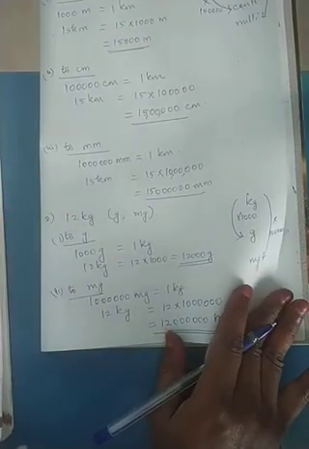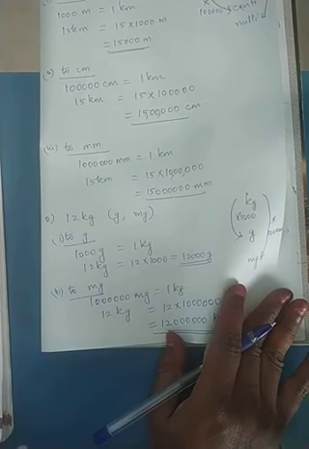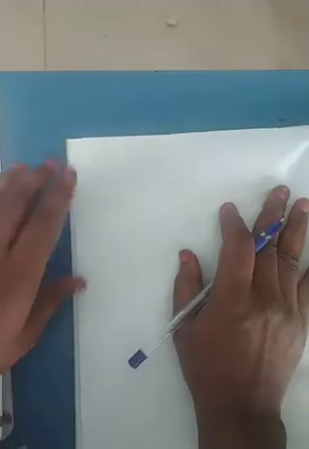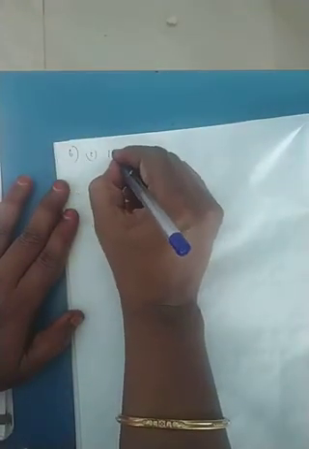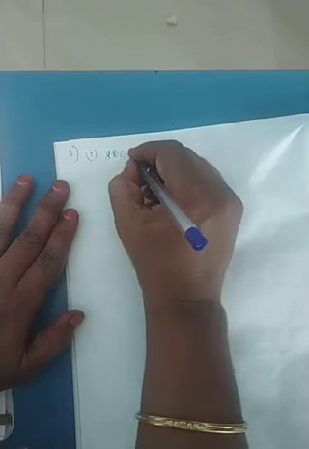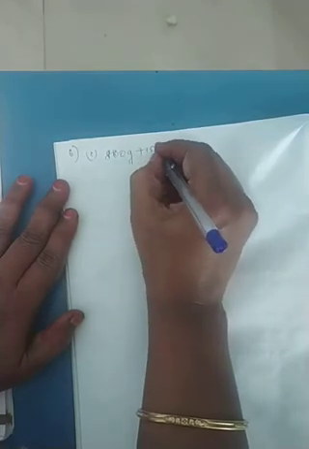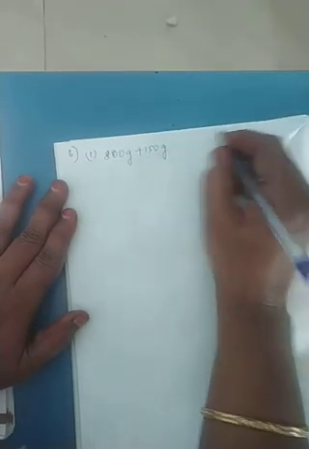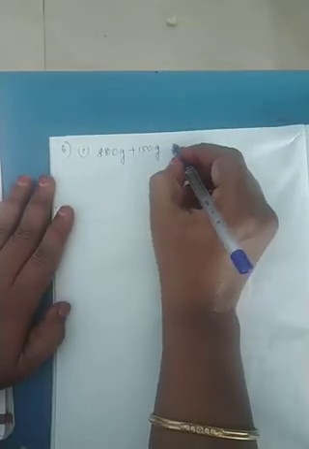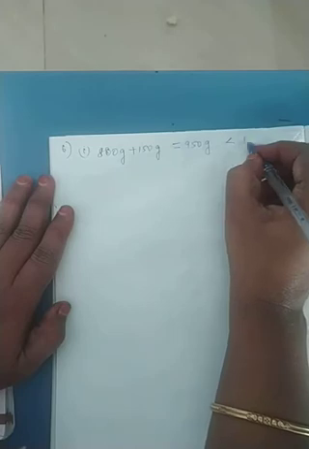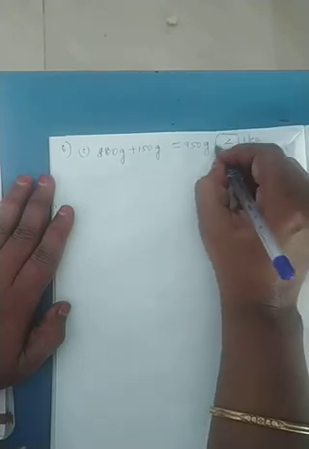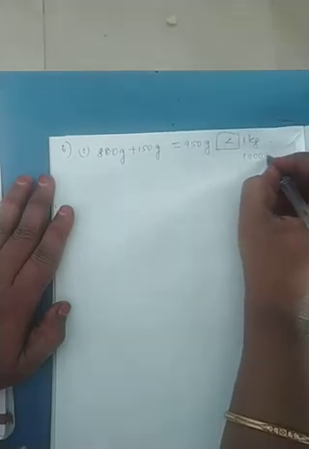Now comparing, we can say sixth, sum. First one: 800 grams plus 150 grams means what? That is equal to 950 grams. Okay, that will be less than 1 kilogram because 1 kilogram is equal to 1000 grams.